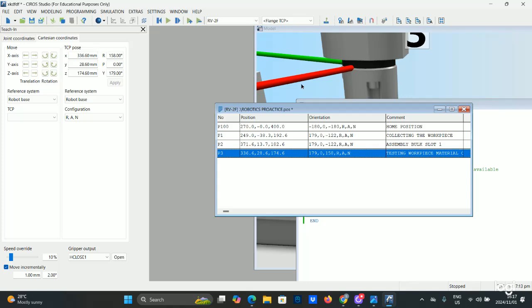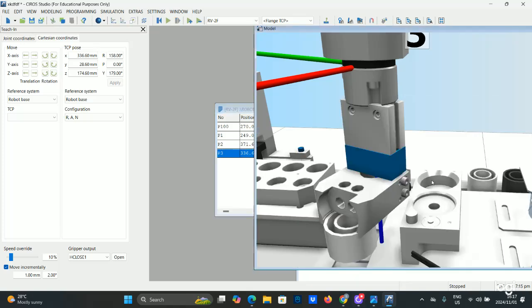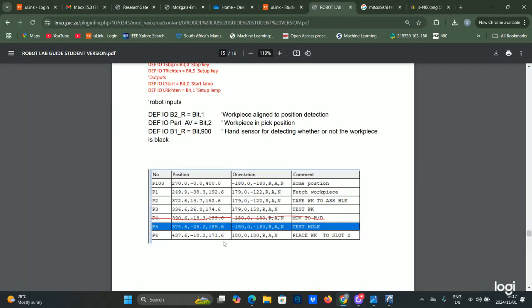And then the next position is slot number 2. So this is where the workpiece ends up, on slot number 2. So I'm going to define slot number 2. In this case, our slot number 2 here is P6, but since we've cancelled this one, and this one is P4, this is going to be P5. So I label this